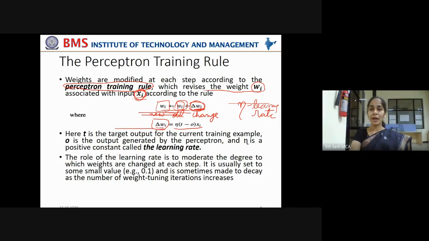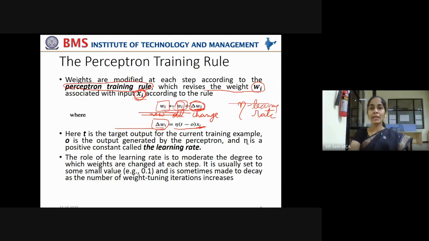Multiplied by that corresponding input value. That is the weight change that has to be added to the old weight in order to adjust it. I'm repeating once again, delta Wi is the change you have to make to the old weight in order to adjust the weight to reduce the prediction error.